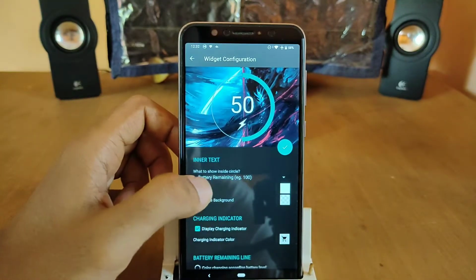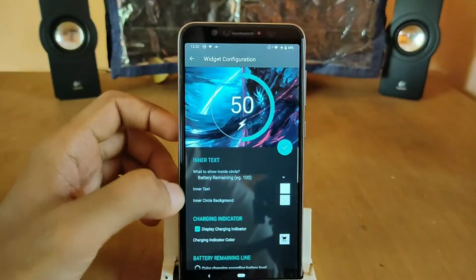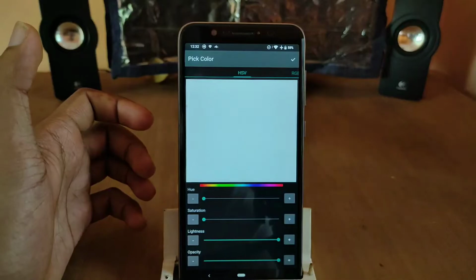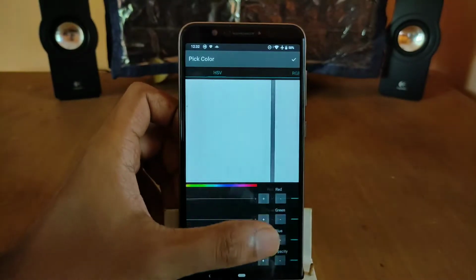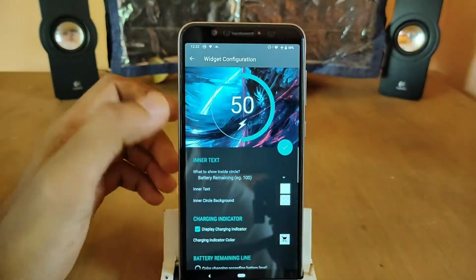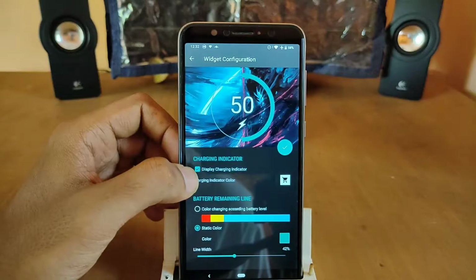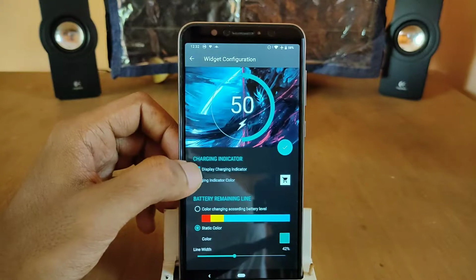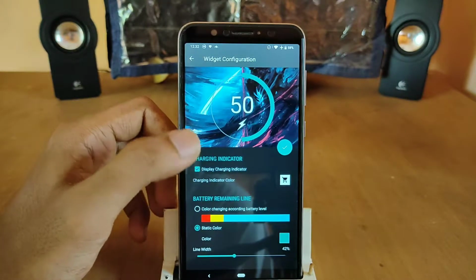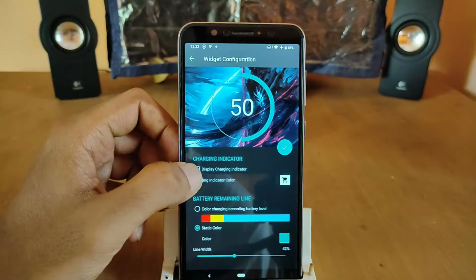Okay, you can also change the color here. As you can see, I won't do that, but you can do that as well. The inner text color can be changed as well. Say for example, you want one color here, you can directly choose that. Then down here, you can also choose the display charging indicator. Whenever it's charging, it's going to show you that it is charging, or else you can even remove it as well.